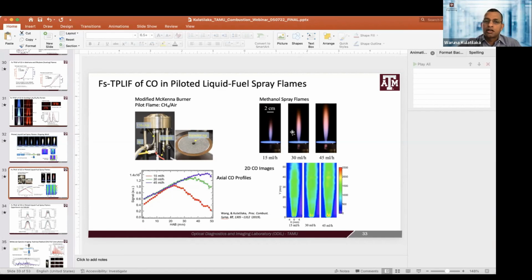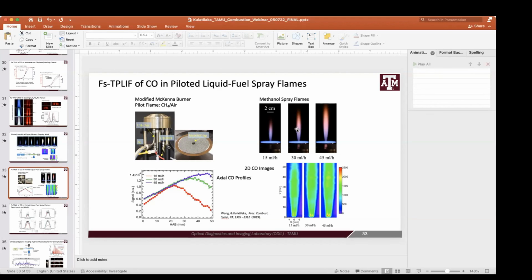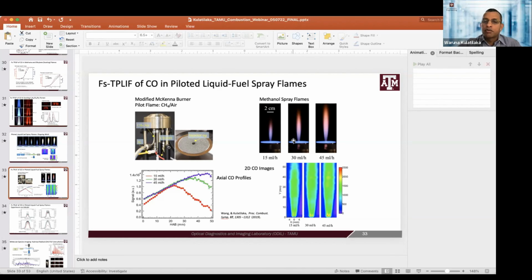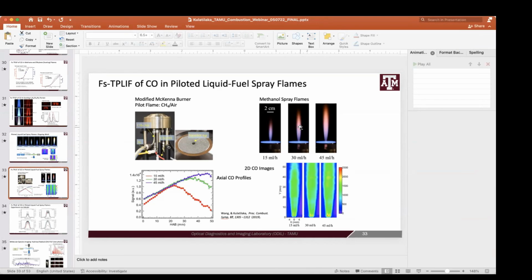But if you go up, I don't know whether you can see my cursor or not, but yes, I can. If you go up, like in this part, we don't see any effect from this pilot. The stabilizing flame or the pilot flame basically stops right around in here. So it doesn't go up. It generates the radical pool to stabilize the combustion, but there's no species coming off directly from the stabilizing flame into the main flame at higher elevations, if you try to put it that way. Thank you.